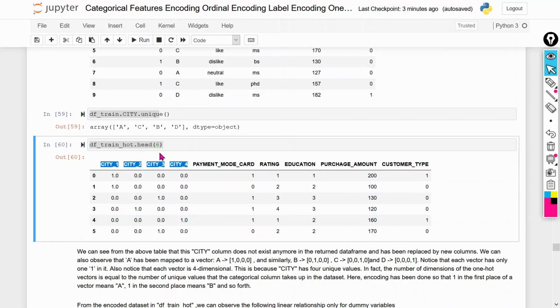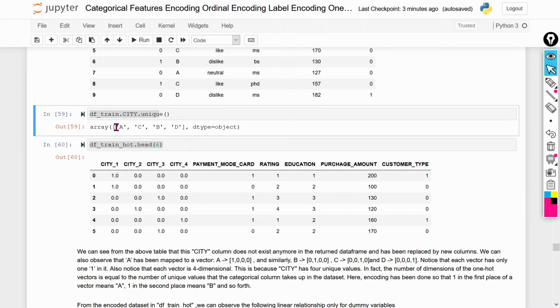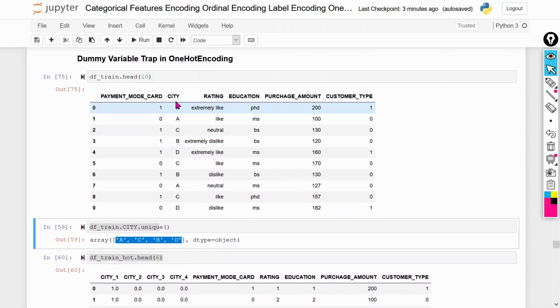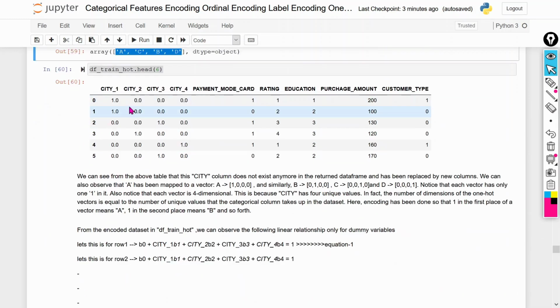The count of these variables will be equal to the number of unique values in that particular nominal feature. So if you see here, this is your vector.